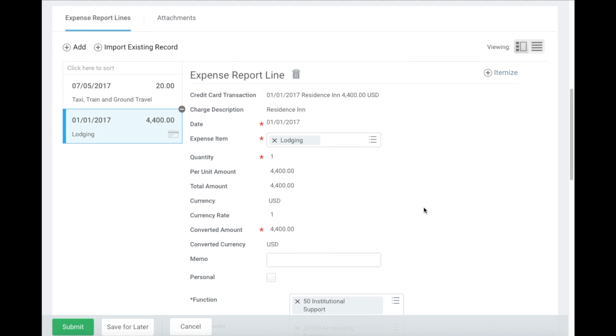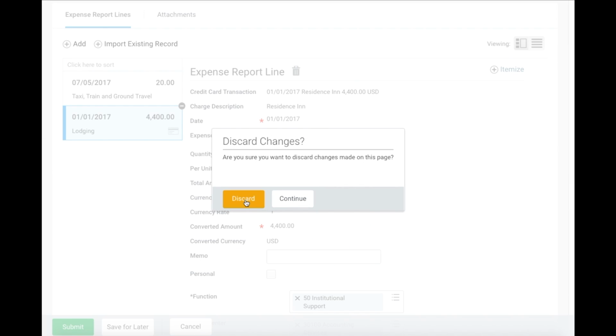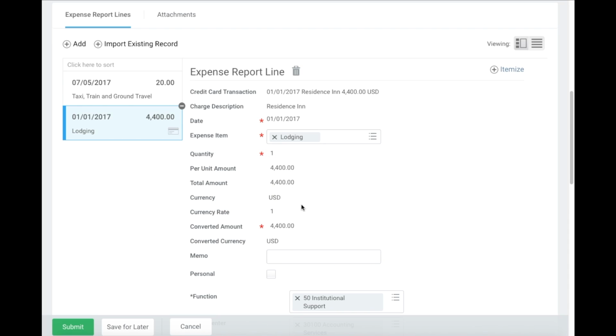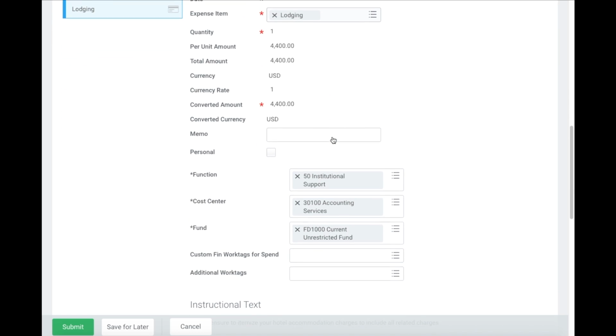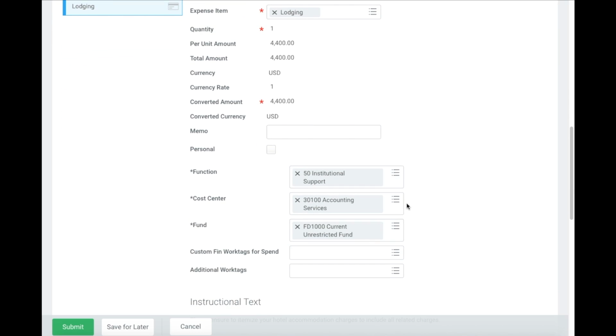I'll go back into my lodging one. Being that these were pulled in from my credit card transaction, I cannot alter the amount, because this is the amount that was charged to the credit card company that fed into Workday. So I can't change this. However, I can change the expense item name. I can change any of the budget information,